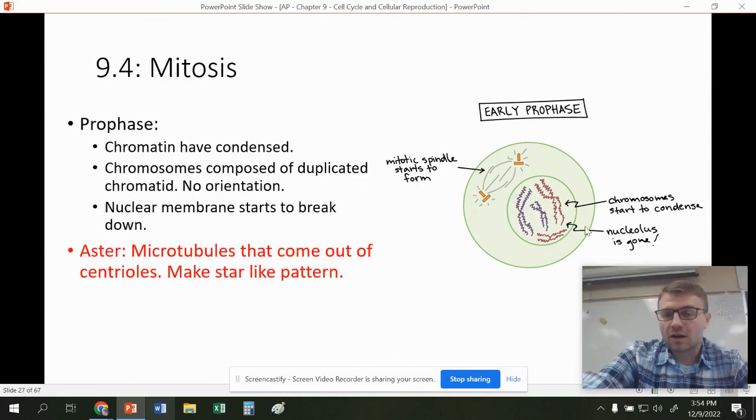So I'm going to go over each part of mitosis and what happens in it and what the cell looks like. So you can see here, prophase, first phase. Chromatin have condensed. You can see the chromatin start to condense. The chromosomes start to condense. The chromosomes consist of duplicated chromatids. There's no orientation here, which means they're just kind of randomly within the nucleus, and that nucleus does start to